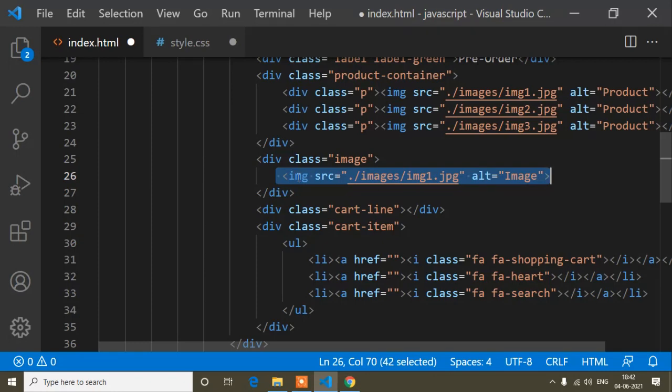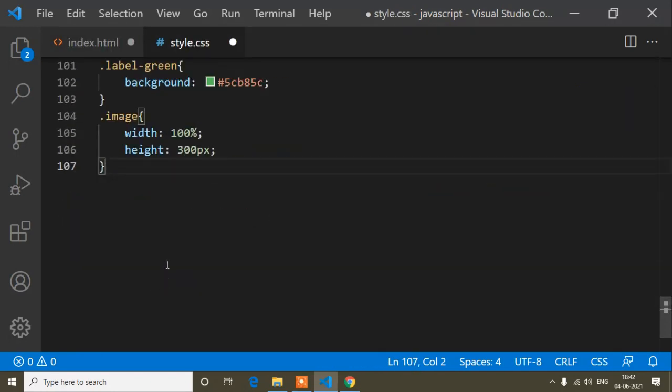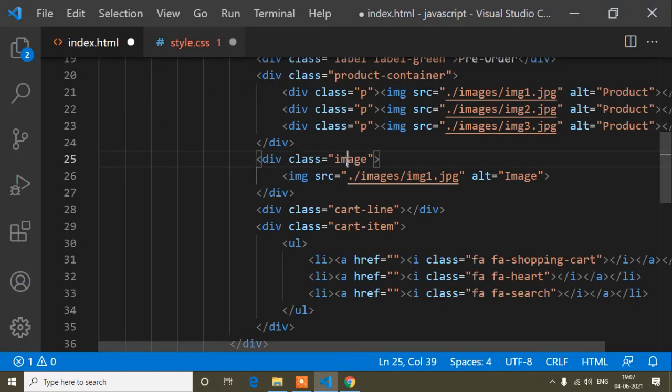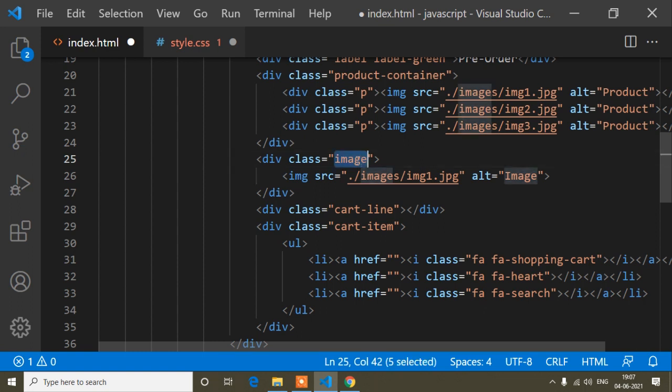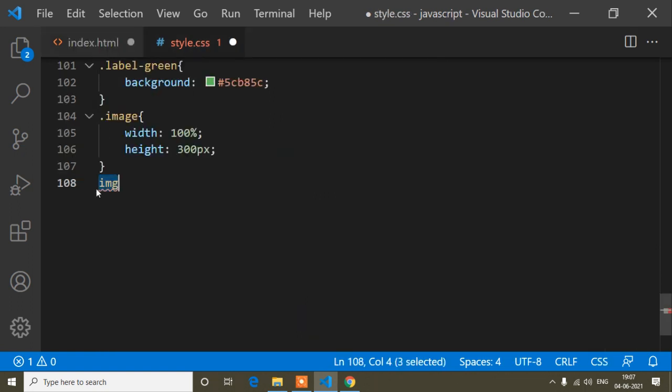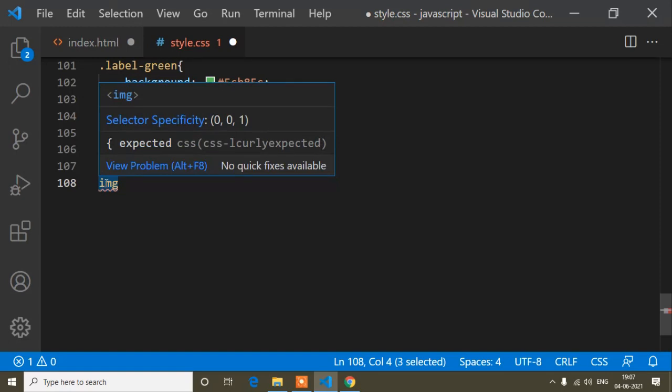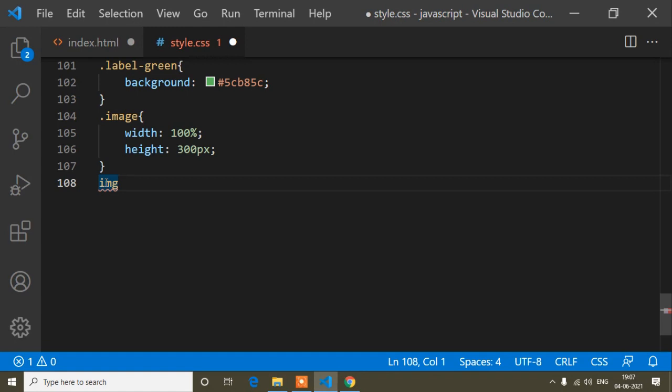So now I will add the CSS for this image. I will copy this image tag and paste it here. Now, guys, this image tag's parent class is this image class. I want to add the CSS for whatever image is in this image class. So that's why I will copy this parent class and paste it here.